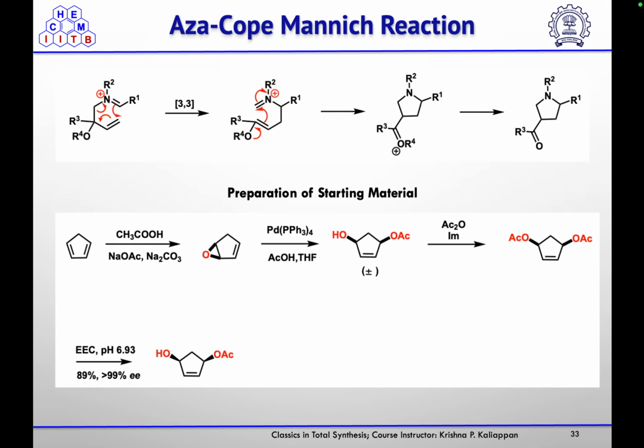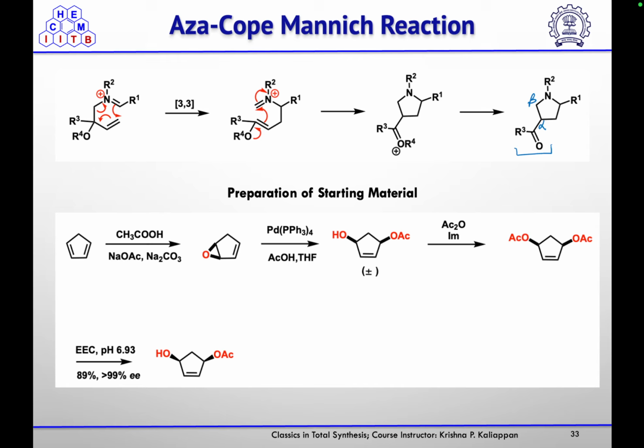So this is the Aza-Cope rearrangement reaction where 3,3 sigmatropic rearrangement will happen between this 1,5-diene. So after the 3,3 sigmatropic rearrangement reaction, then oxygen will push the electron density to form the 5-membered ring by neutralizing the positive charge on the nitrogen. And then after the loss of that group, you will get the corresponding ketone. That is beta amino ketone. This is alpha and this is beta amino ketone.